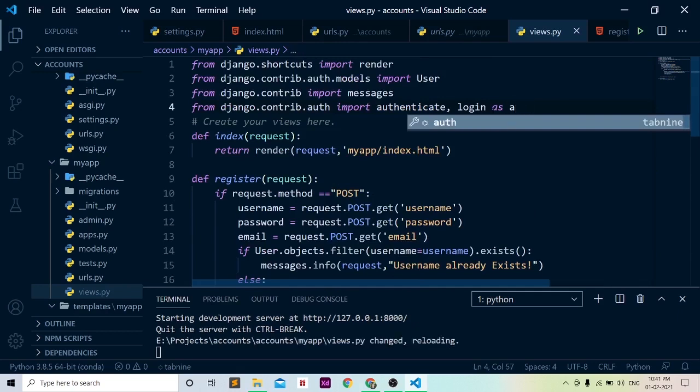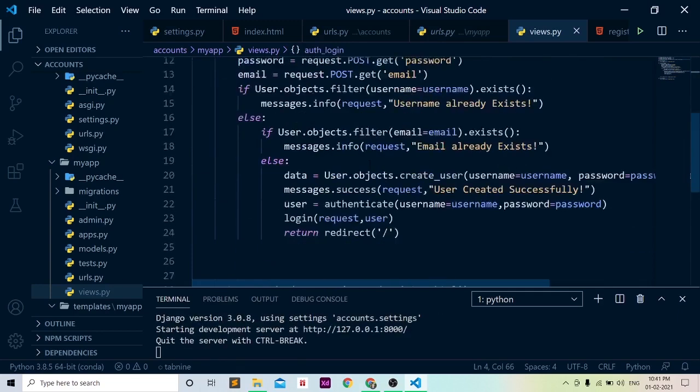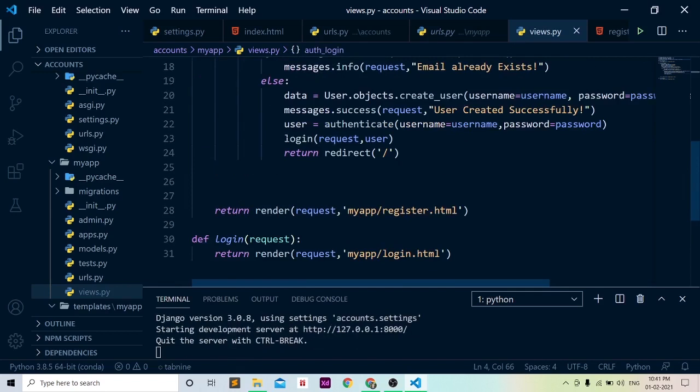You can name it anything. Now we will call that auth_login function here, and our work is done.